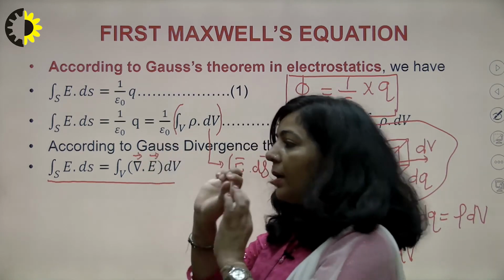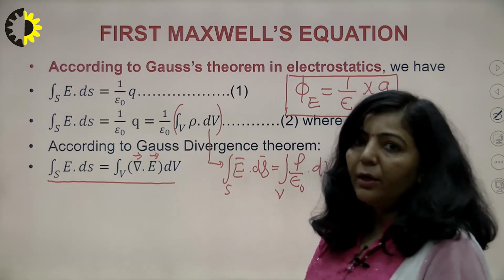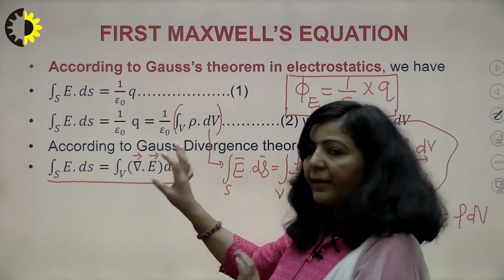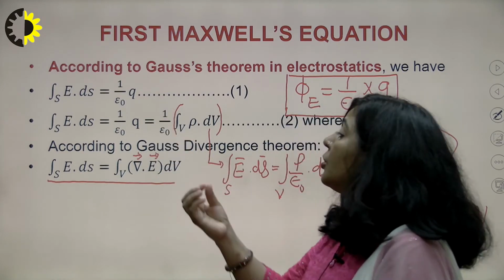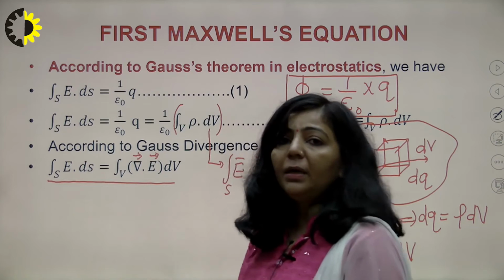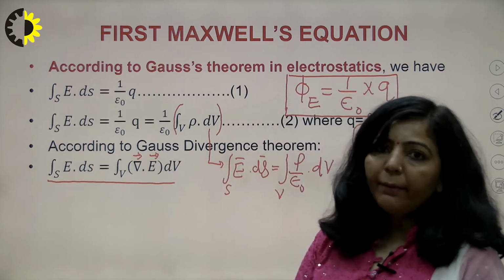So there is a sign of that, there is vector notation over this. If I am not writing it here, it is understood that del is a vector and there is an arrow on it. So this surface integral of E is equal to the volume integral of divergence of E, right?